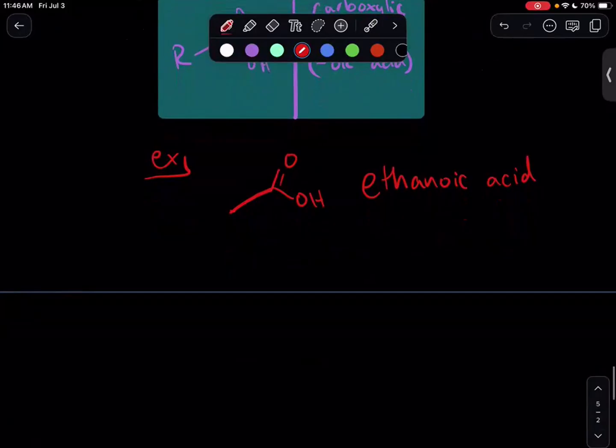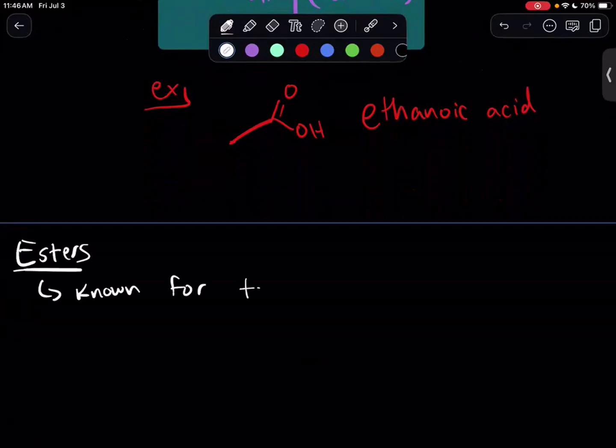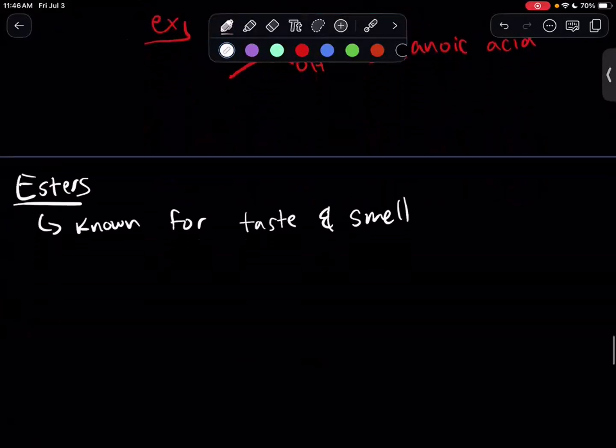Moving on, we can go to our esters. Esters are actually quite known for taste and smell, very often used in artificial flavors and perfumes. And this is actually a